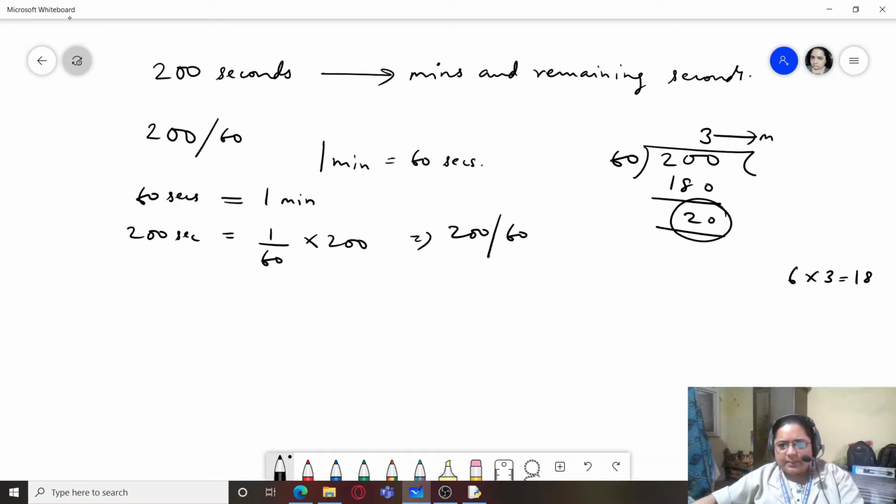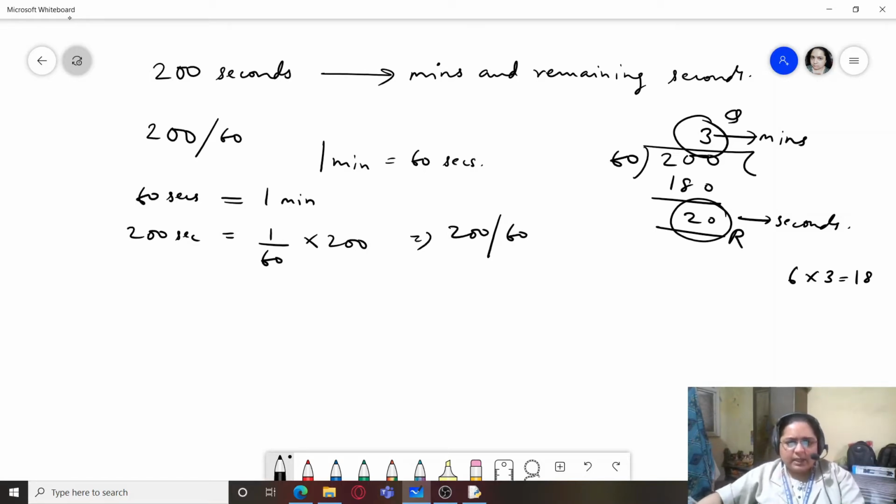So we get 3 minutes and 20 seconds. Dividing the total number of seconds by 60 gives the number of minutes, extracting the quotient gives the minutes, and extracting the remainder gives the seconds.